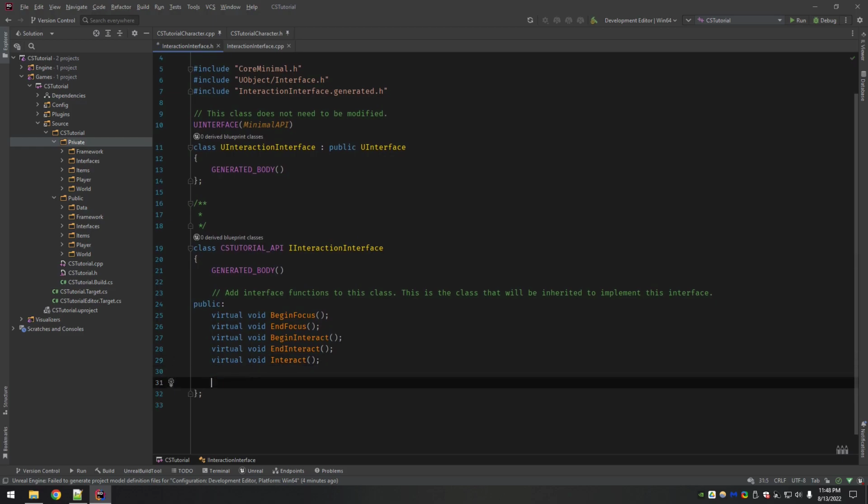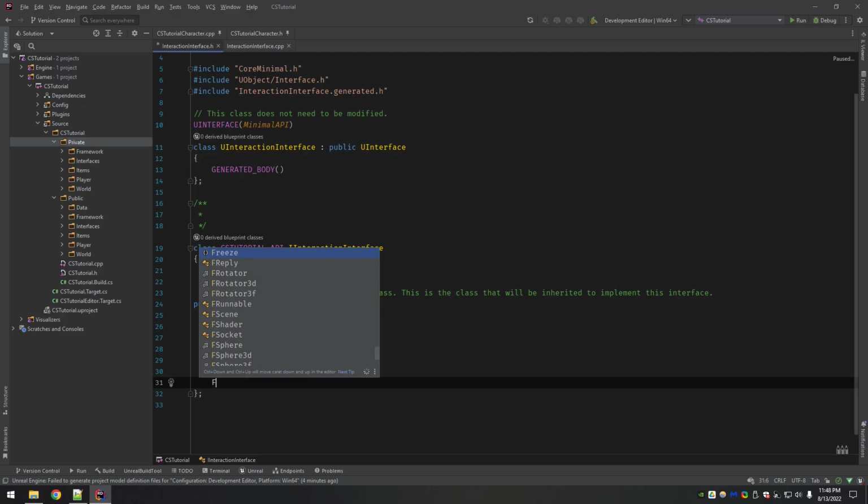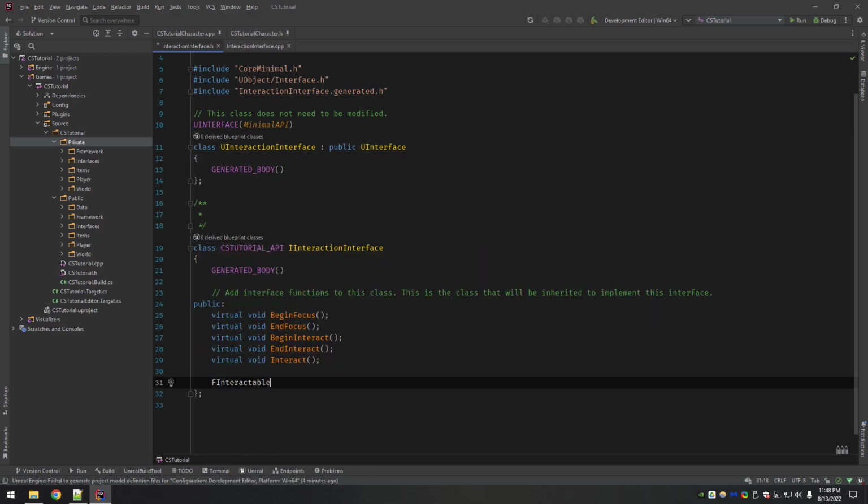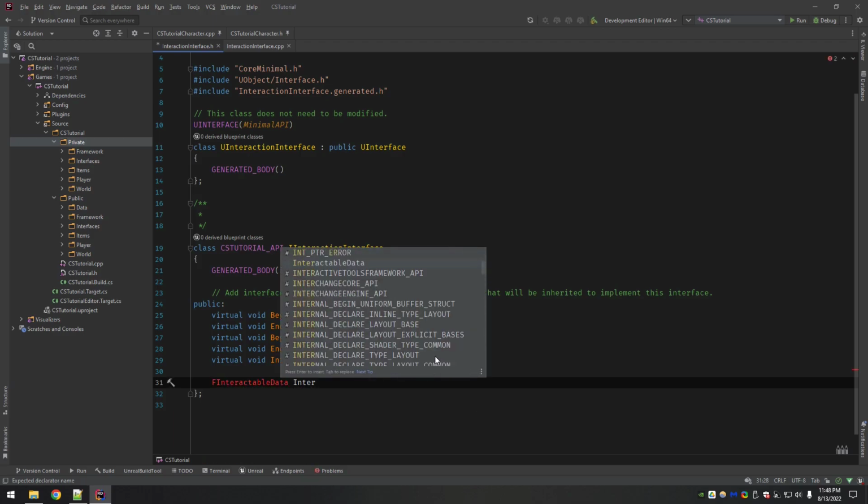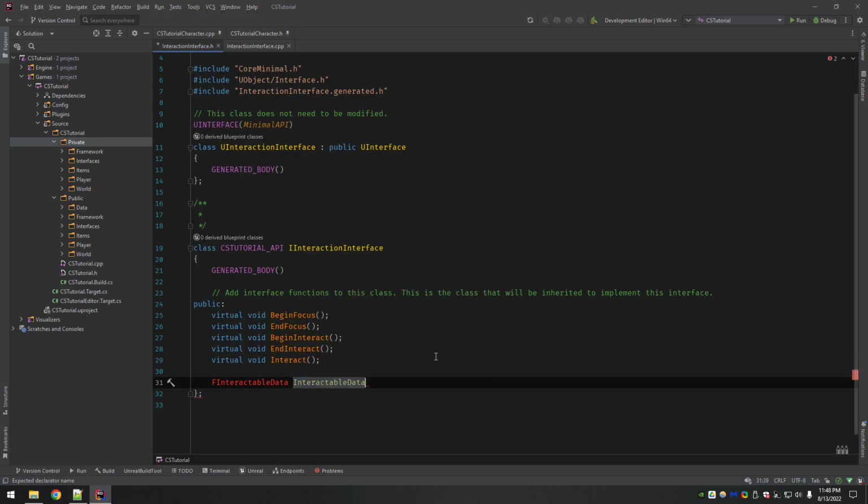Now, this is the last thing we're going to need. I'm going to call this, it's a struct called FInteractableData, and I'll just label it interactable data. So we don't have this now, so we're going to build it.